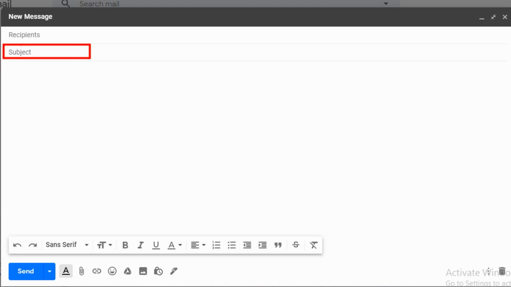The second element we are going to talk about is known as the subject line. Exactly the reason, the purpose, why you are writing this email. That is the reason the subject line has to be really thought of, because it has to show the context, the purpose, why you are writing this email.